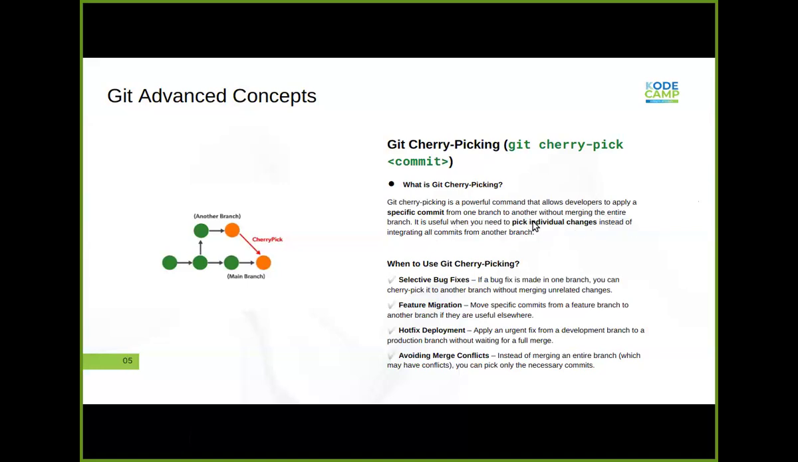It's useful when you need to pick individual changes instead of integrating all commits from another branch. When to use cherry picking: selective bug fixes. There are some fixes that you want to particularly pick. The bug is in a particular branch, probably a branch that has not been meant for main, but you want to pick out that fix and add that particular change to the main branch